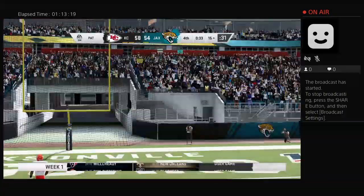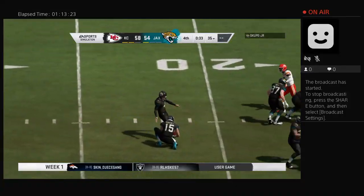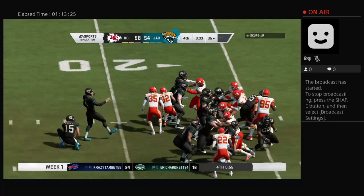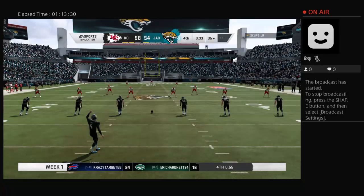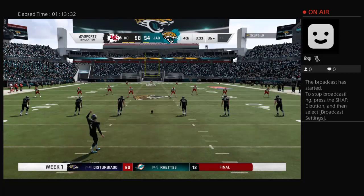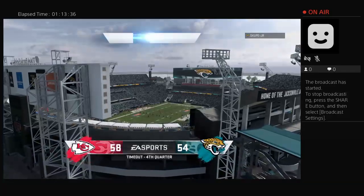And it's no good. Well, that could be a critical miss here in a 1-score game in the 4th. The Jaguars now will use the